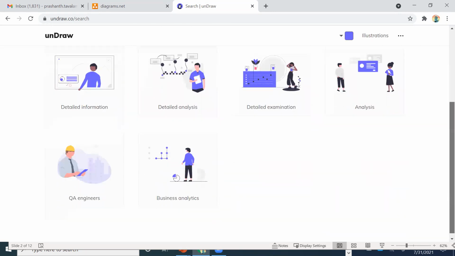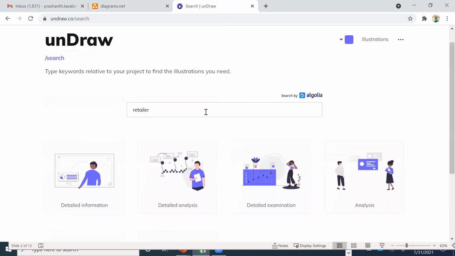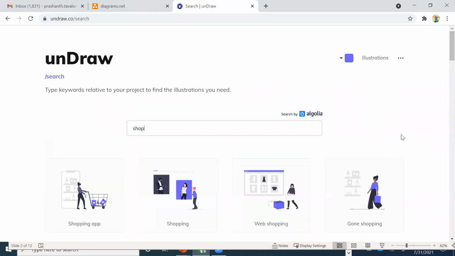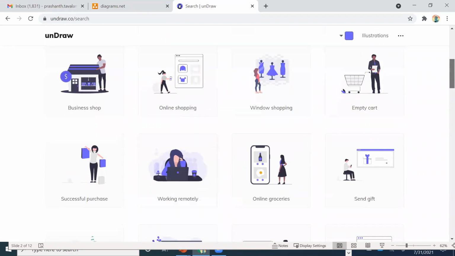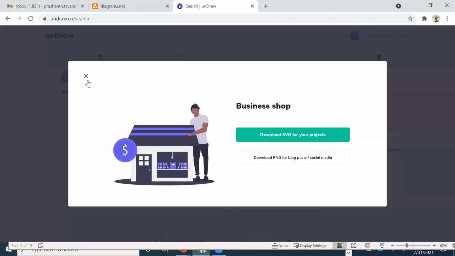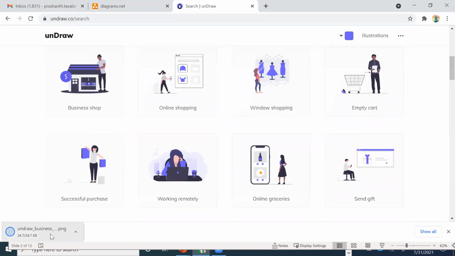Retailer. Let's say I wanted to download one of these, so I download a PNG version of it. Okay.